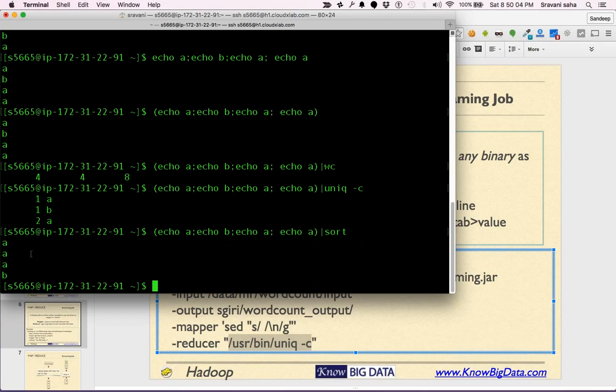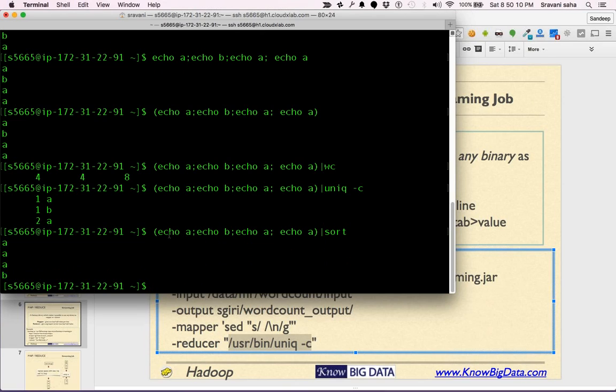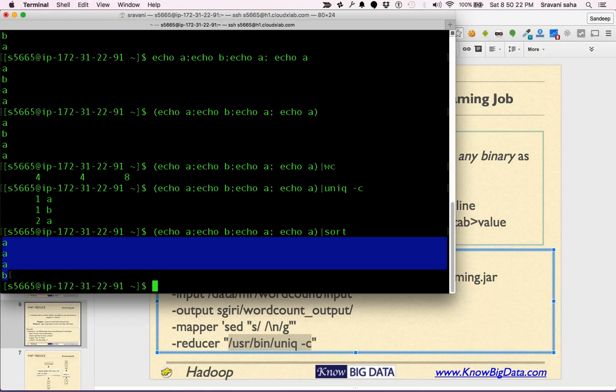If I sort this data, my input becomes A, A, and then B. Whatever was the output of echo, I have piped it. This is my pipe. I have piped it to the sort command, and then this is what we get.